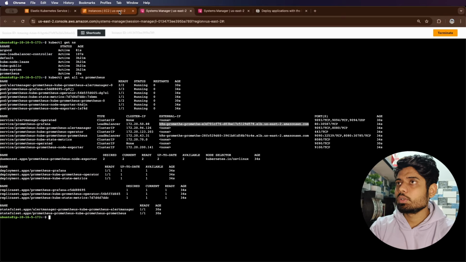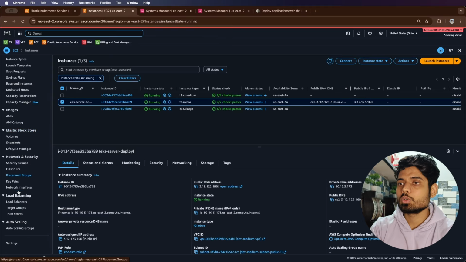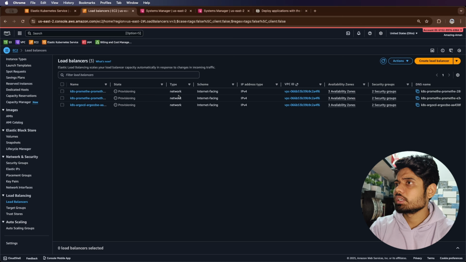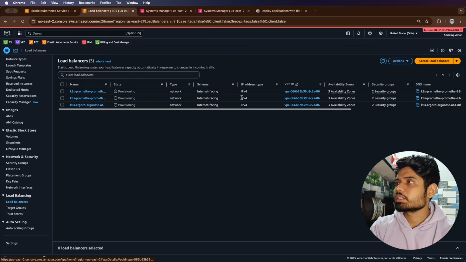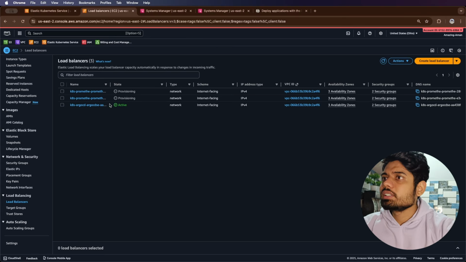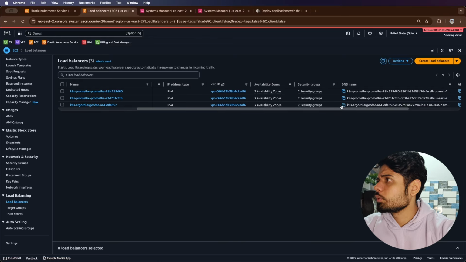But what we will do is go to the EC2 console and then the load balancer console, and you can see that the state is provisioning, and all the load balancers are internet facing, and the load balancer type is network. It will take some time, and after that we can access all 3 resources that we have created using Terraform. Now we can see that the ArgoCD load balancer is configured and the provisioning state is